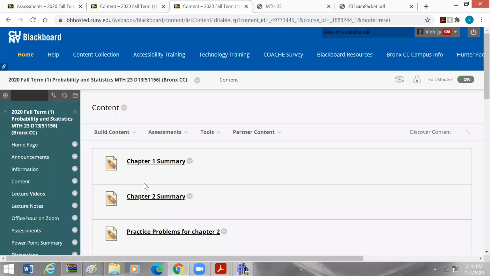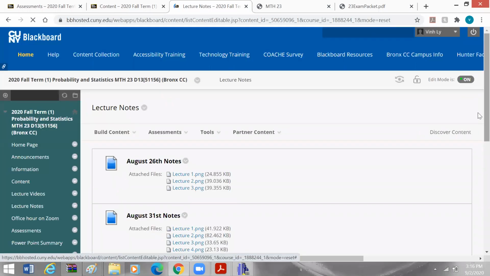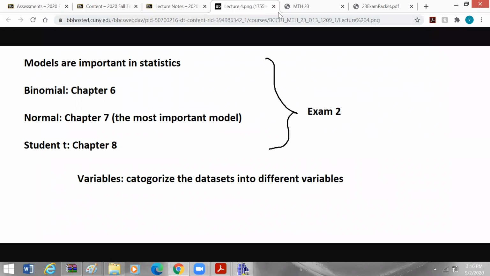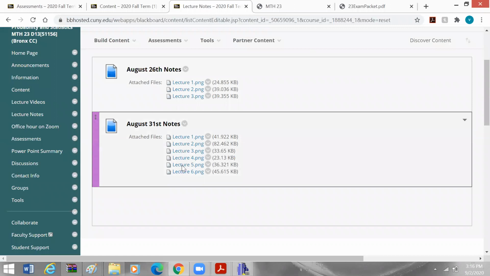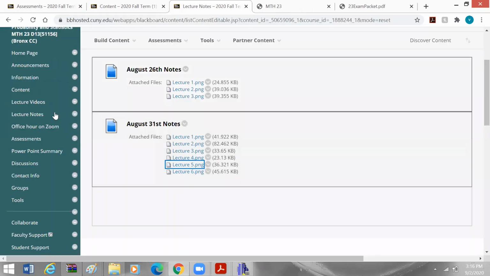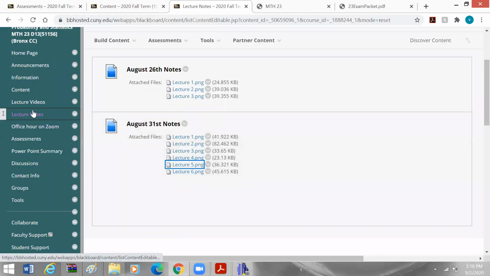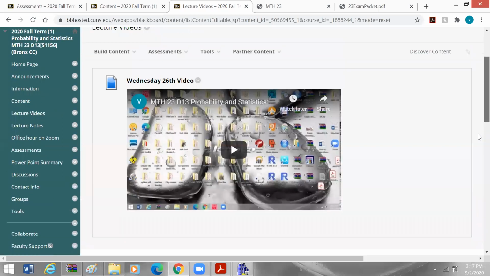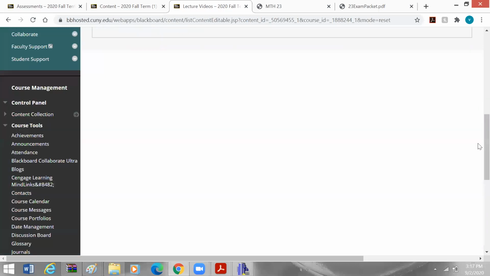How can we find the slide and the video? Remember the lecture notes. All of this will be the class lecture. For instance, if we click on the lecture note for the 31st, you can see what was covered. On Monday, let's say, click on lecture 5. That was the slide that we had, and whatever information you missed, you can always go back to the lecture note to see it. If you missed the video, I also uploaded it on Blackboard. You can also double check that as well.